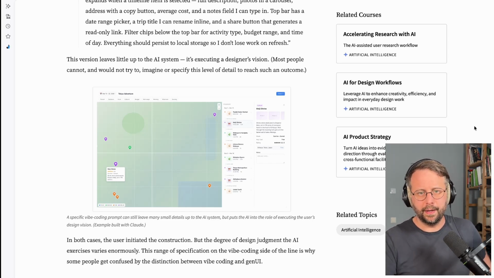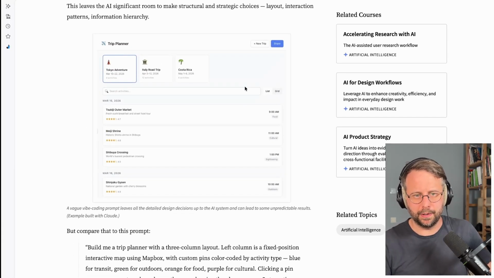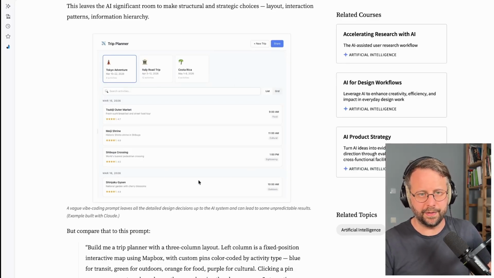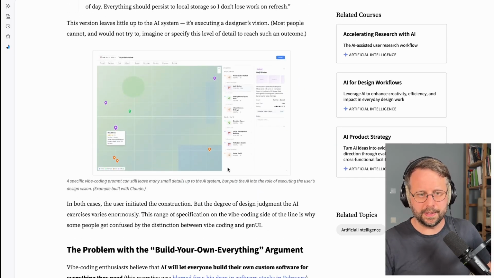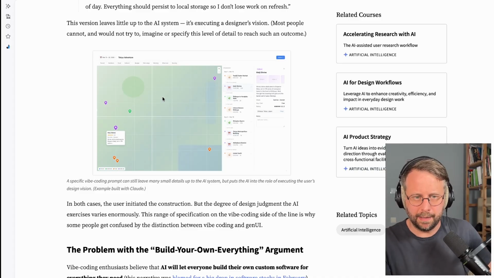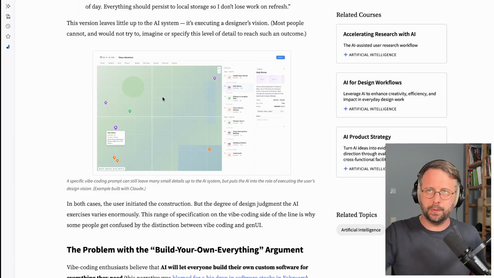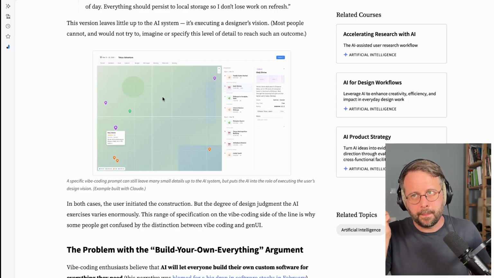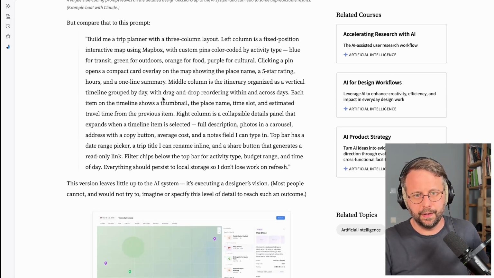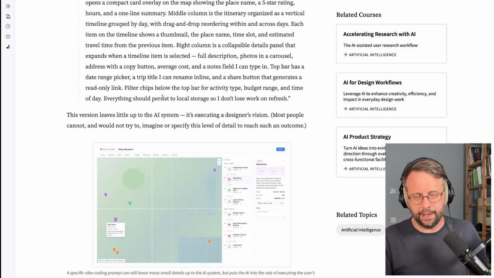I don't know. I find these examples to be good because this looks like every AI generated thing that I have ever seen in terms of interface, whereas this actually looks like something that has been made by a person. It kind of has and it hasn't, but I find it to be such a cool difference just by making sure that you use your design knowledge and you sort of apply that to the prompt. You can actually get some of that human touch, and I